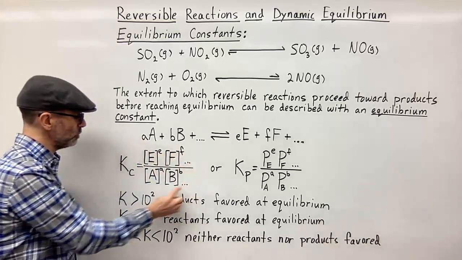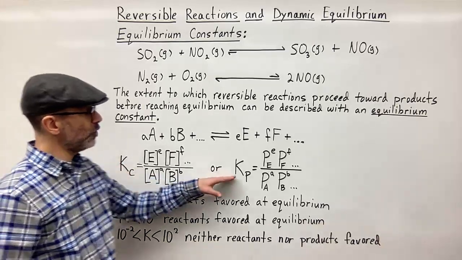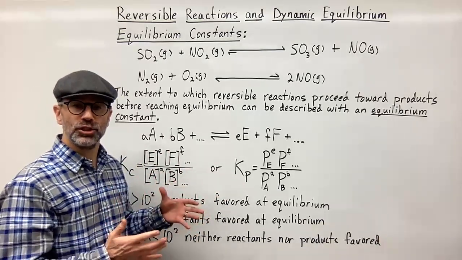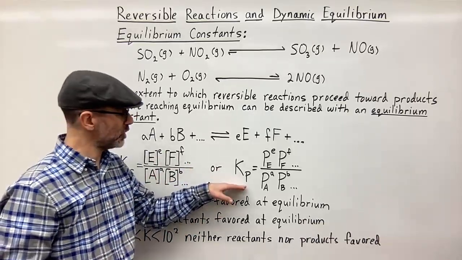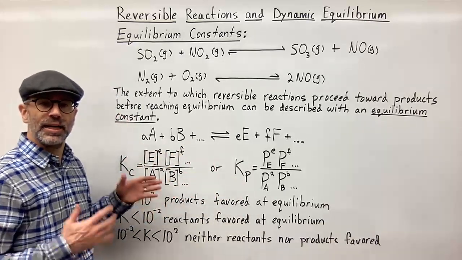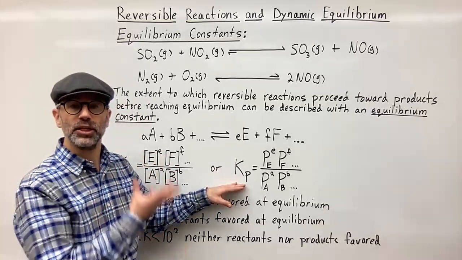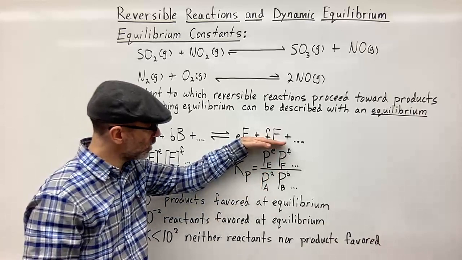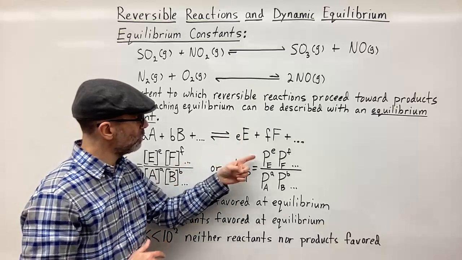So this would be in terms of concentration if you have concentrations. But if you have pressures, like if you have gases, gases can be measured in pressure. So you might have atmospheres or millimeters of mercury or whatever, but this is typically in atmospheres. So here it's pretty much the same expression, except in this expression you're using atmospheres. So it would be partial pressures of the mixture of the gases in your container. So it would be the partial pressures of your products over the partial pressures of your reactants, but it's exactly the same. So it would be the partial pressure of